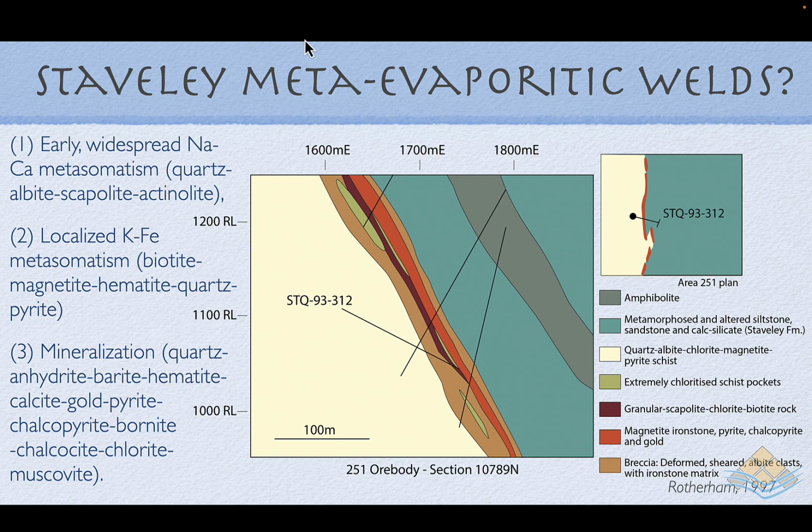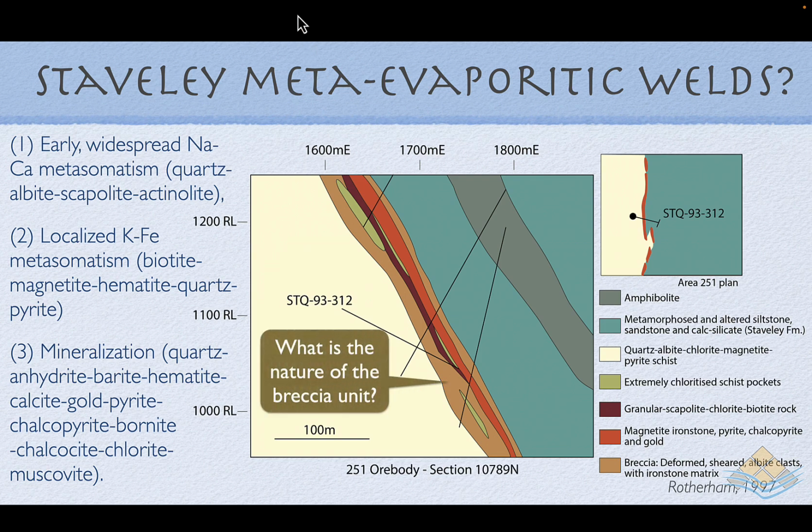It's interesting also here that we don't pick up the anhydrite at shallow depths or in outcrop because that anhydrite has been leached by the weathering profile. It's quite a deep regolith in the areas of these deposits, but at depths of more than 400 to 500 meters, the anhydrite remains. Whenever we see a breccia in association with scapolitic associations, we should always ask the question,